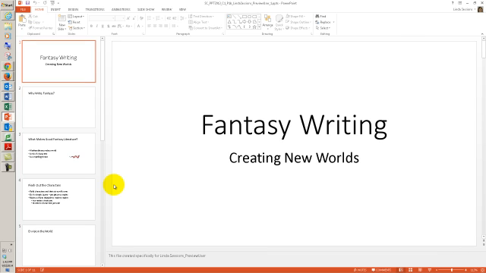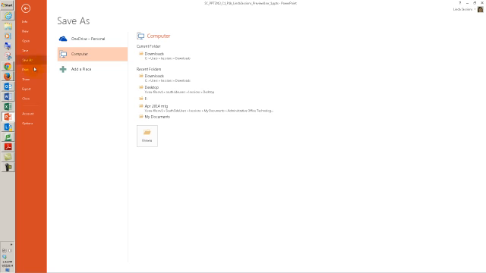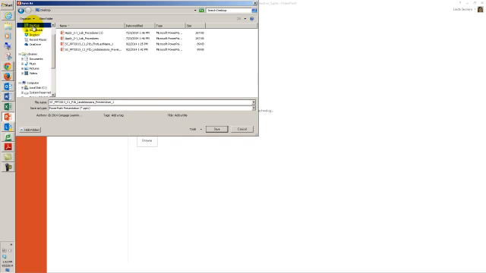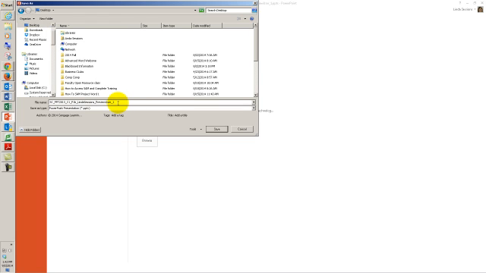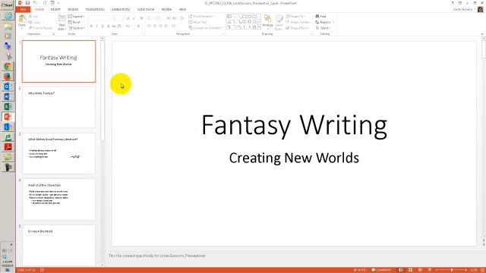The very first thing I'm asked to do is to save the file with a new name. So I'm going to come up here to the File tab and Save As. I'm just going to save mine on my desktop here. And I'm going to change this 1 to a 2 and save. Okay, so now